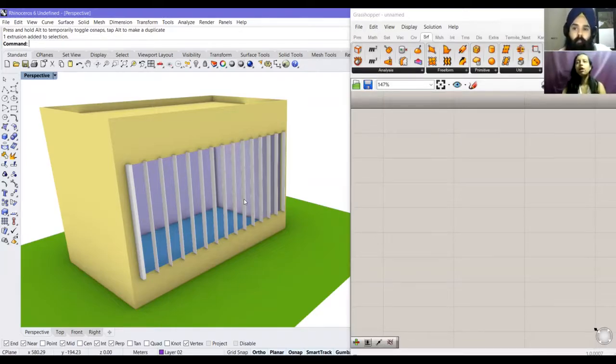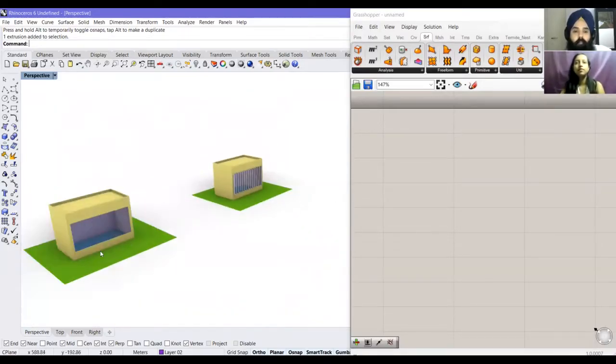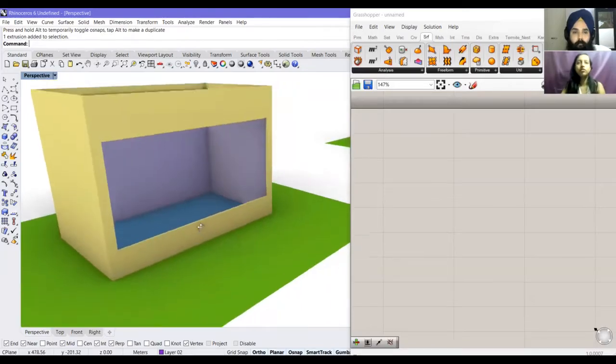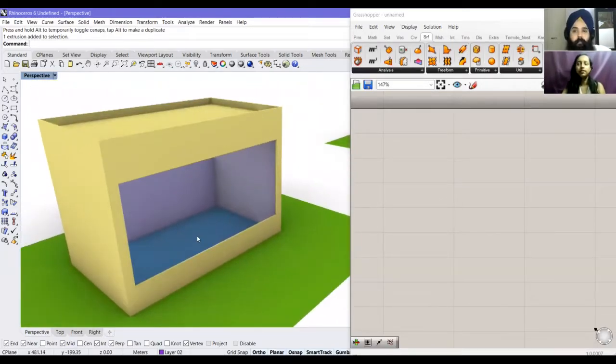Then how do you instantaneously change that? How do you visualize that? So let's look at the same model again, but now we'll shift to Grasshopper and do the same thing. For all the viewers, this is a direct comparison, so pay attention to this part. What we did in a normal 3D software, with a normal model, normal array, normal drafting, now we're going to see the same thing in parametric design, through parametric design tools.